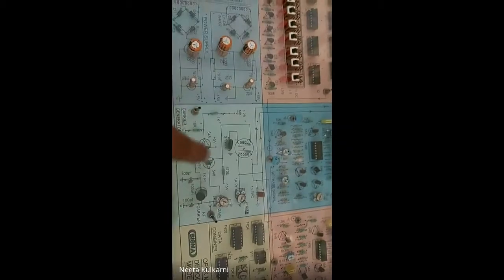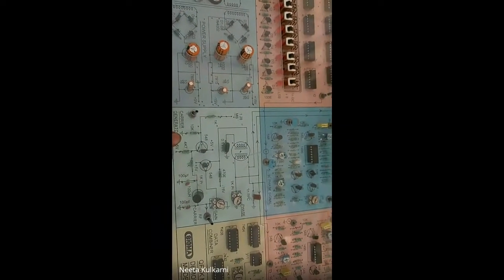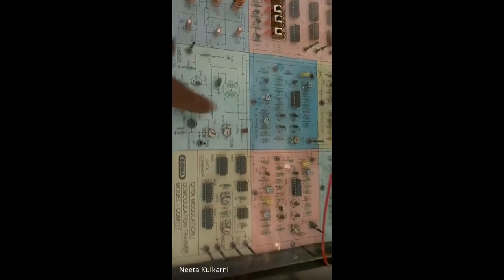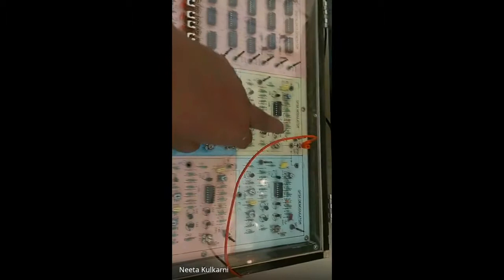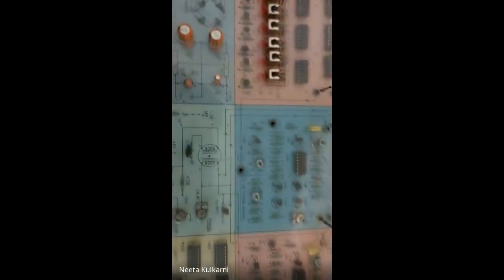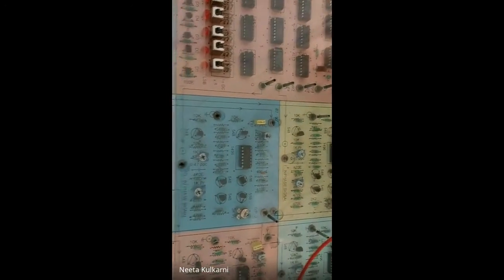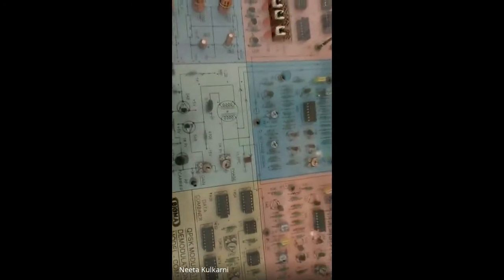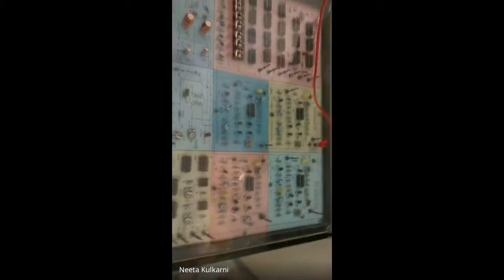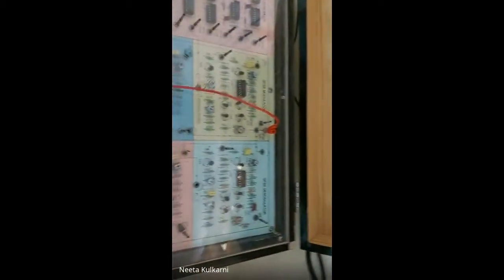Carrier, whatever is there in the analog form, that carrier is generated here and both are added and we get the QPSK output here. Okay, so only one connection we have to make here in the QPSK experiment. Just power supply we have to turn on, and here directly we can get the QPSK signal at the output. Just a minute.